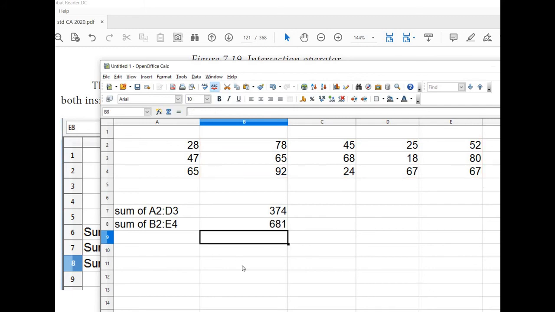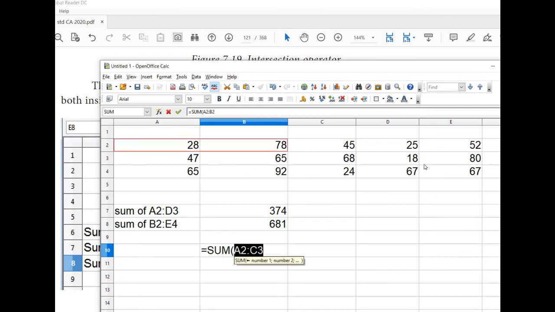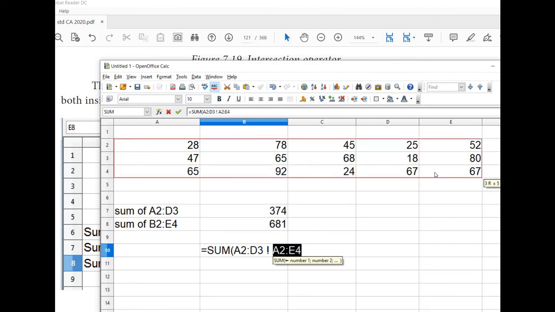Now the next formula is equal sum, this range to this range, followed by the exclamation mark. So now the range is from this to this, A2 to D3, exclamation, B2 to E4. Okay, what is given here?